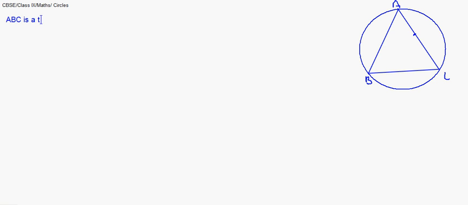ABC is a triangle, let it be, in which AB is equal to AC and P is a point on AC. Now through C a line is drawn